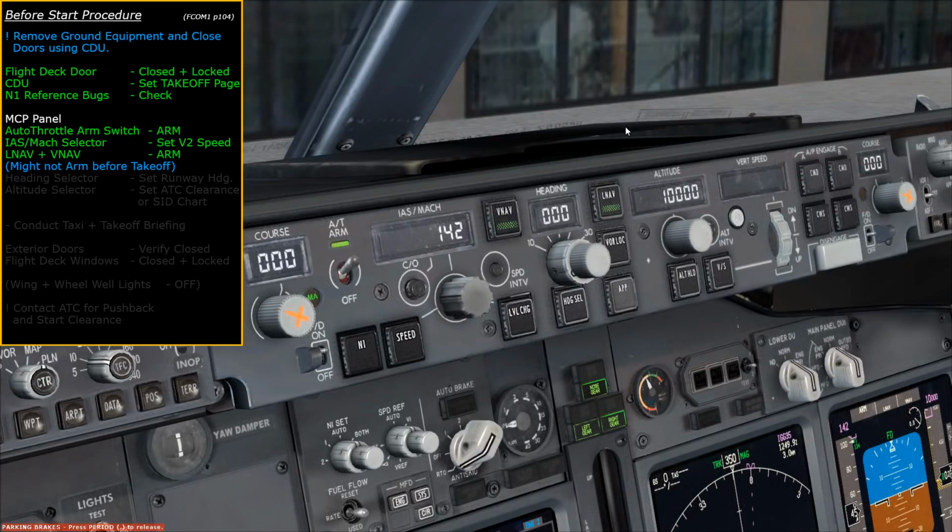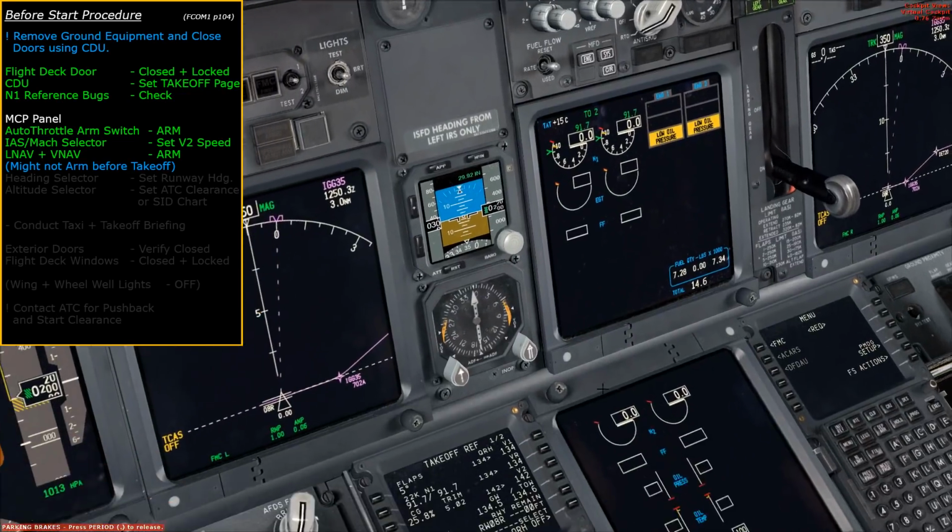Okay, so the next bit of information we need to enter is the runway heading, or the heading of the runway that we're going to be departing from. Normally you can get this information off the chart for the airport you're departing from. However, if you're using out-of-date AIRAC data, sometimes the charts might not match up with what the simulator thinks the runway heading is. So a convenient way I've found to overcome this is